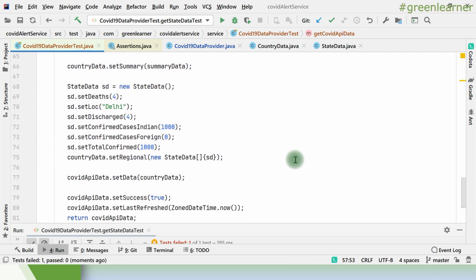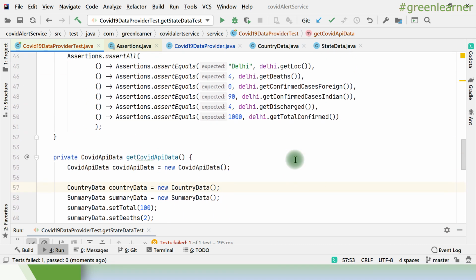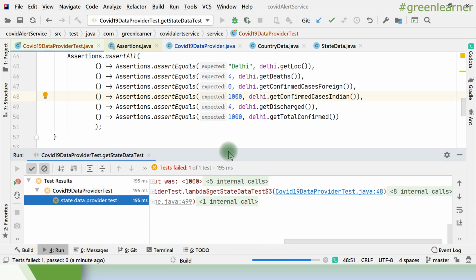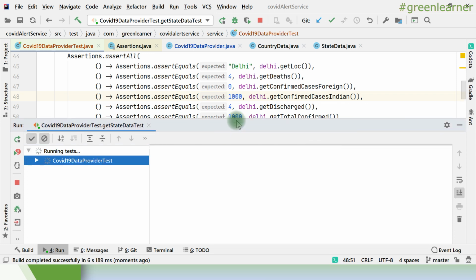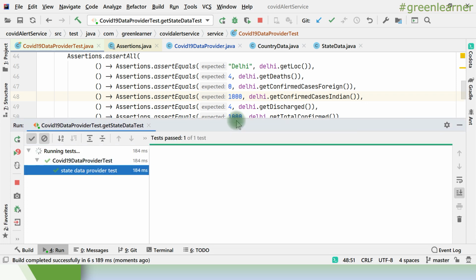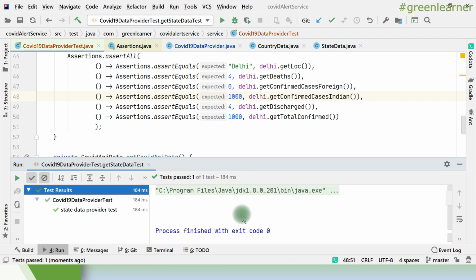Confirmed cases Indian here is 1000, so this also should be 1000. Now it should pass. This is how you can debug your test as well, right? So that is how to fix those cases. Okay, now this is working perfectly fine.